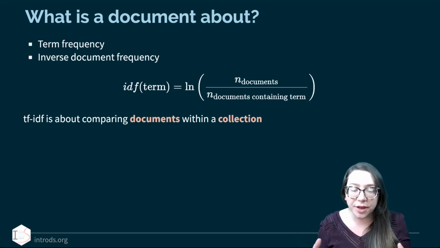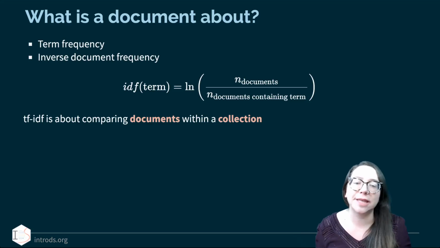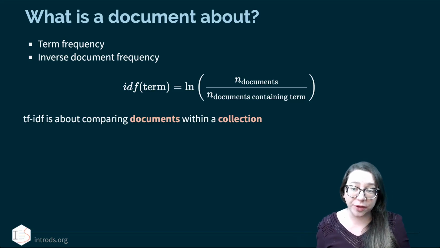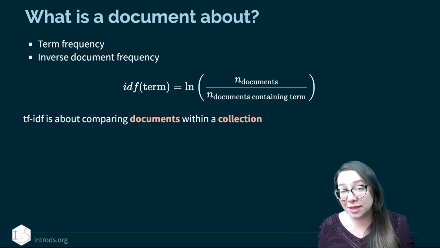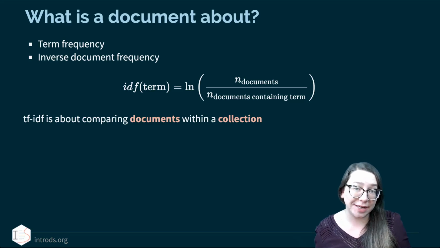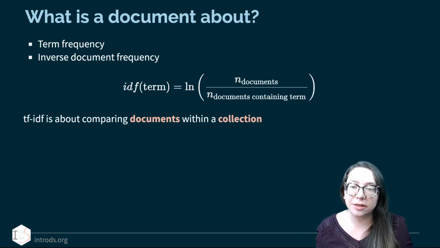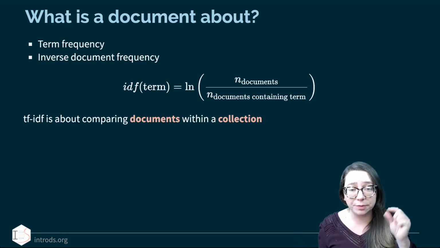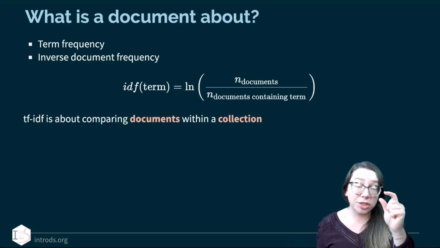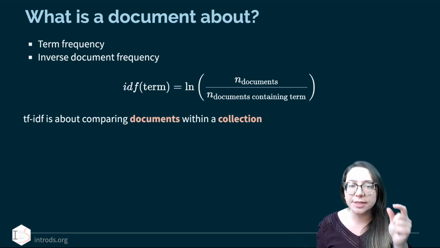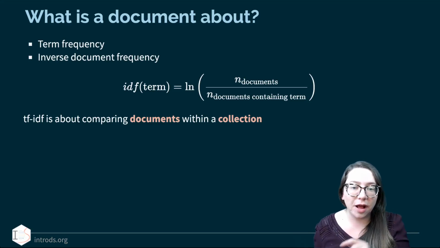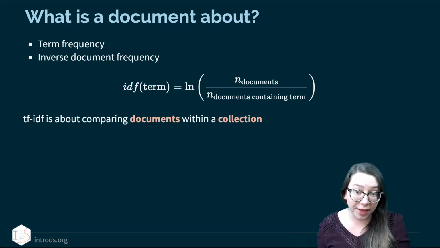Another way we might think about looking at what is a document about, especially if we're comparing two documents within a collection, so same type of documents, so two separate COVID-19 speeches in this case, is looking at what we call inverse document frequency and putting these two things together to create a measure called TF-IDF. So the inverse document frequency of any given term is basically looking at the ratio between the number of documents, so in this case the number of speeches,